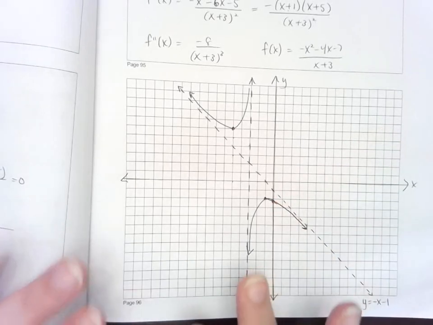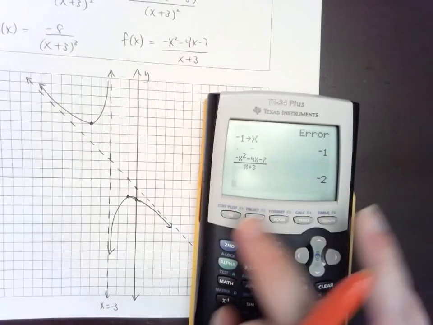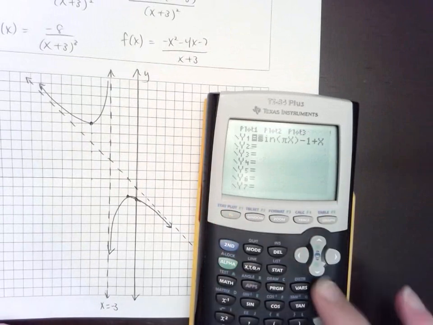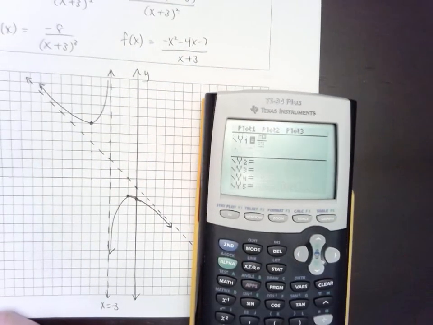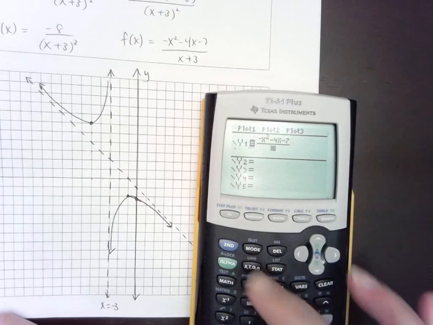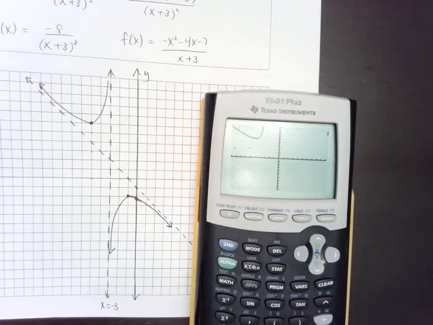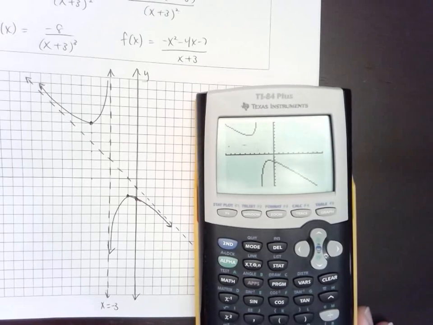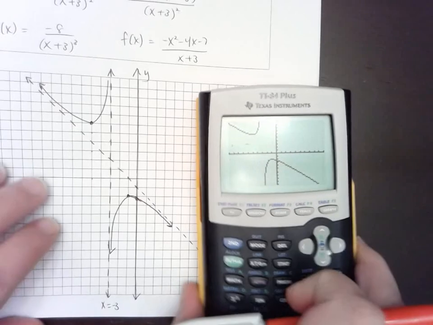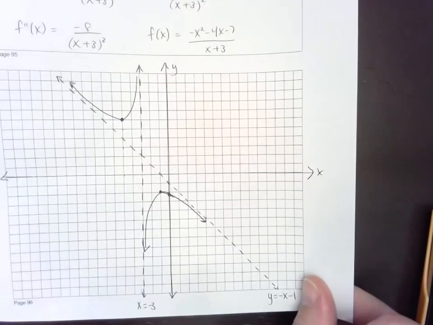And then it's not until this point that I'm going to check with my calculator. Negative x squared minus 4x minus 7 all over x plus 3. Does that look like the graph that we have? And the answer would be yes. That looks pretty close. All right, and I'm going to stop this here because this question right here is the one that most